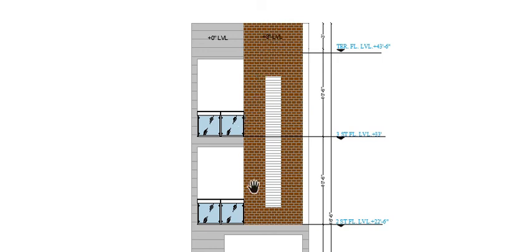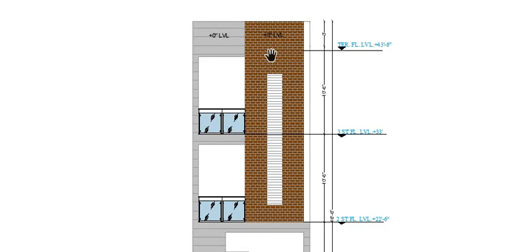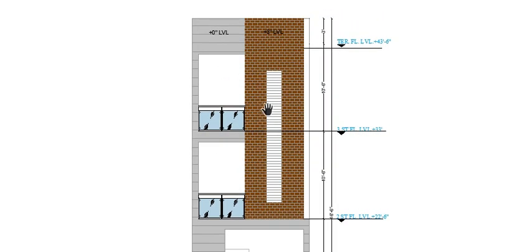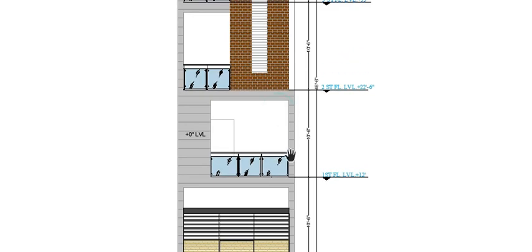So we have embossed some such things. This is the overall exposed brick patch, which is embossed 3 inch in the upward direction, and this is overall 0 level. So we create a cuboid. It's a unique way to create these things. This is the ventilation space we designed with paneling and such things. And here I'll give the floor height, which is 10 feet 6 inch overall floor height.